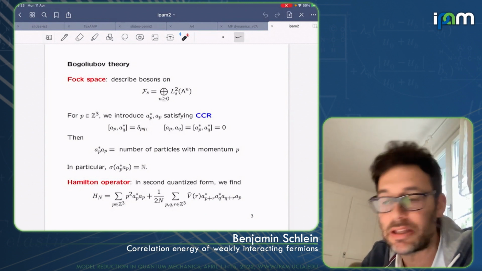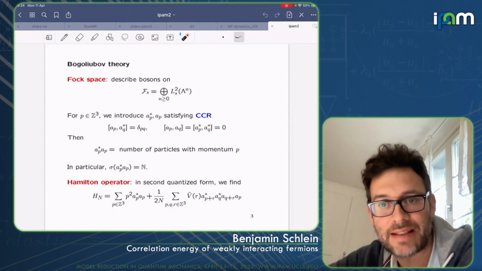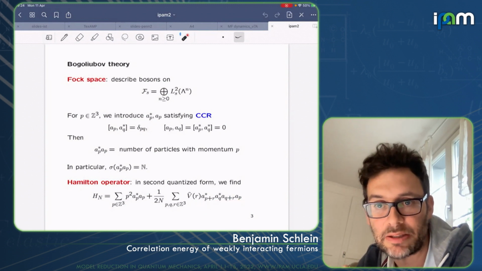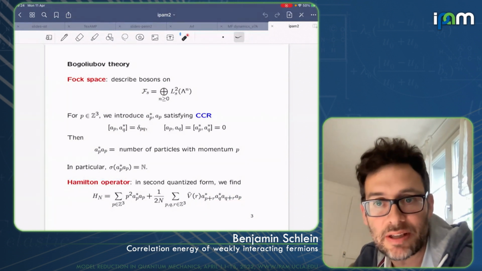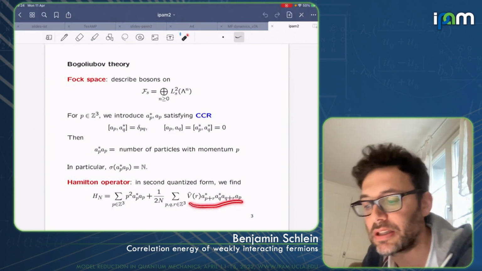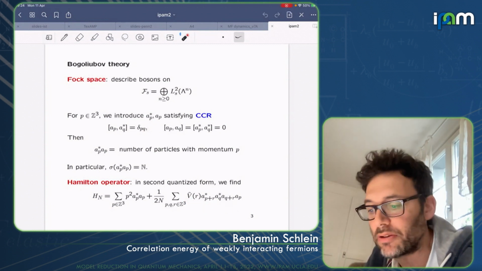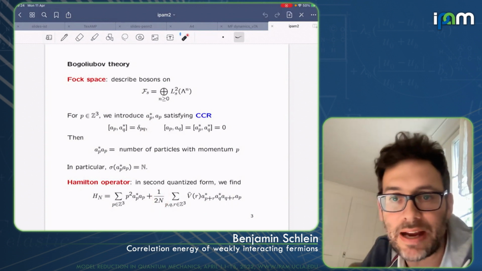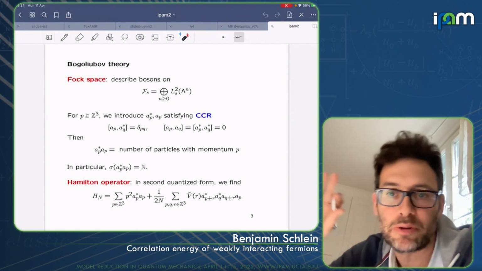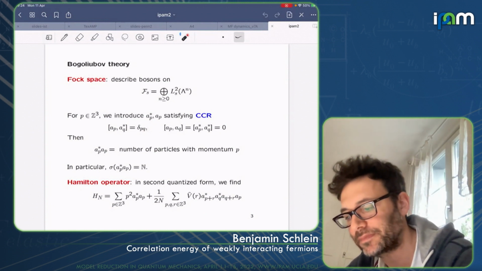The potential energy is a bit more complicated. First of all, the potential energy is a two-body operator, so when you translate into this second quantization language, it's going to be quartic in creation and annihilation operators. And then, of course, the potential is diagonal in position space, not in momentum space. So here it looks a little bit more difficult, but a simple computation finds that you have this operator here. Again, you see this constant 1 over n in front of the potential, which makes sure that potential and kinetic energy are both typically of the order n in this system.